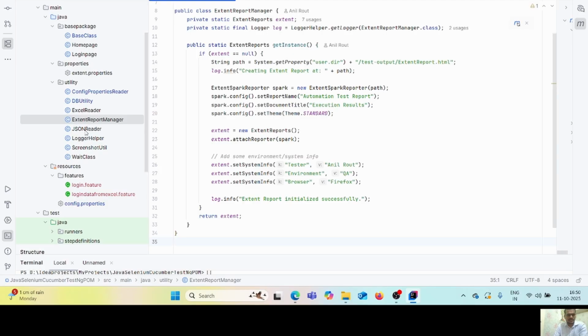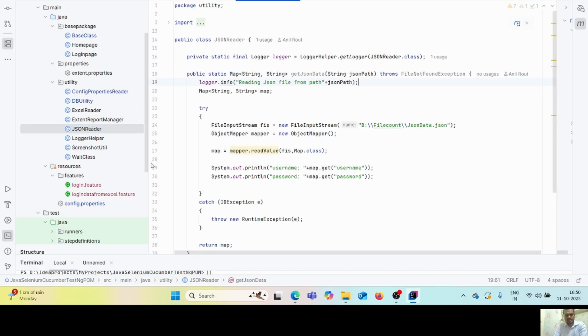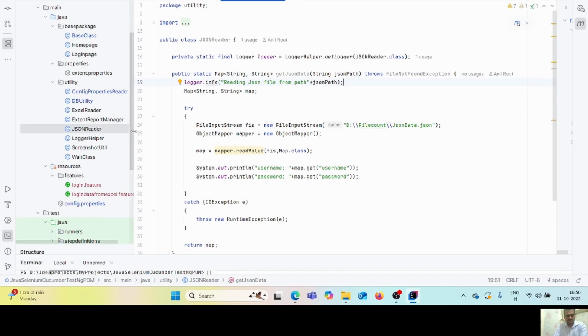Okay. Then next, JSON reader. You can read from JSON. One minute. Yeah, you will see the class is public class, let's say JSONReader, private static final Logger is equal to LoggerHelper.getLogger, JSONReader.class, public static Map<String, String> getJSONData, String jsonPath, throws FileNotFoundException,